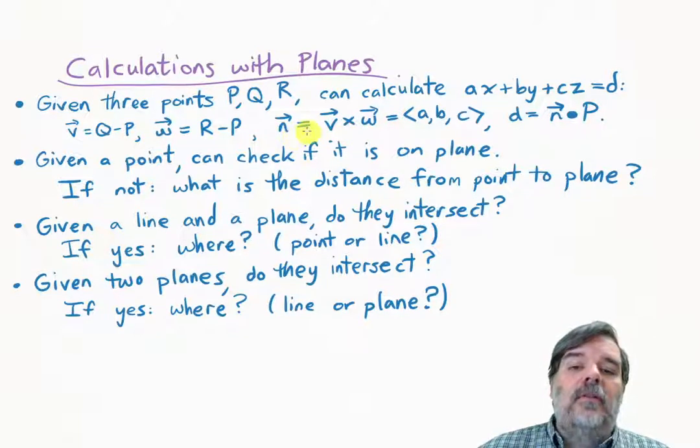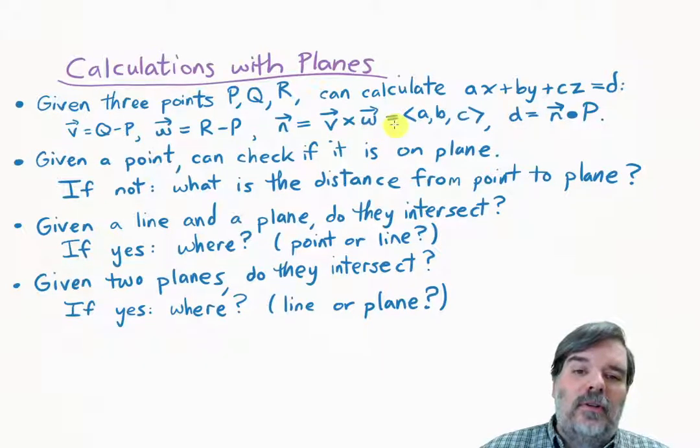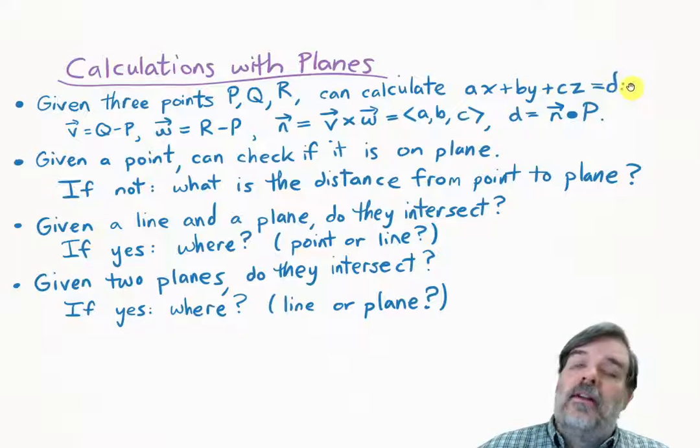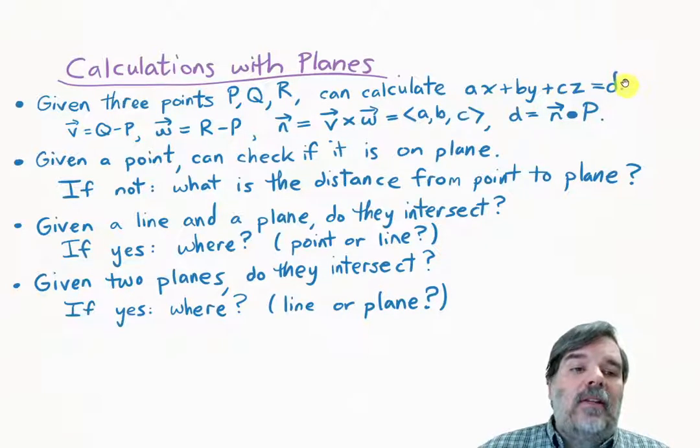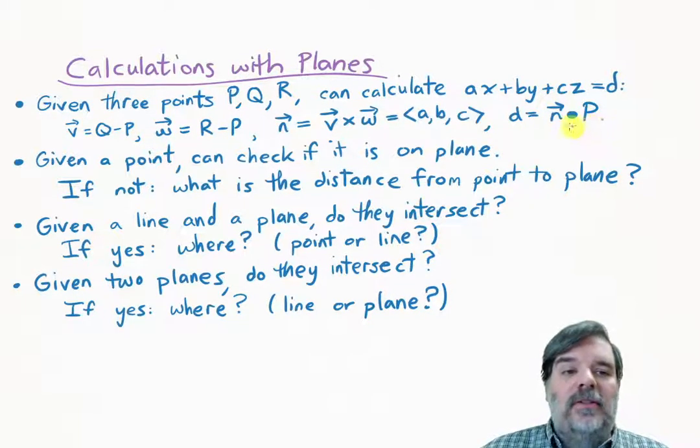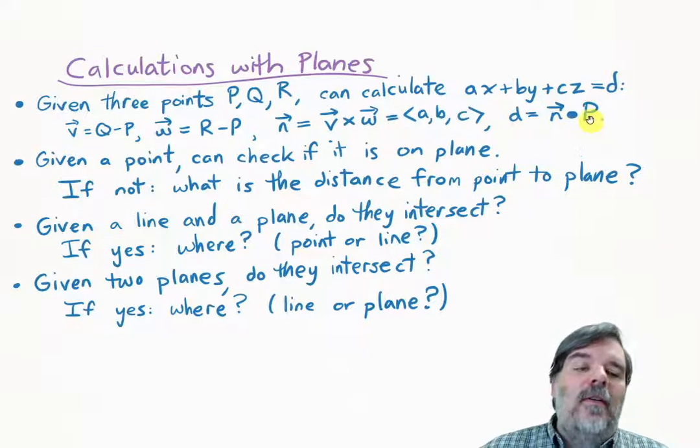So vector n would be equal to vector v cross vector w, and that uses the determinant notation we've learned about. And the components of that vector, a, b, c, give you the coefficients of x, y, z in the equation of a plane, and it's equal to a constant d on the right-hand side. You can calculate that constant by calculating the dot product of the normal vector with really any one of those 3 points. Here I have written n dot p, but you could calculate n dot q or n dot r